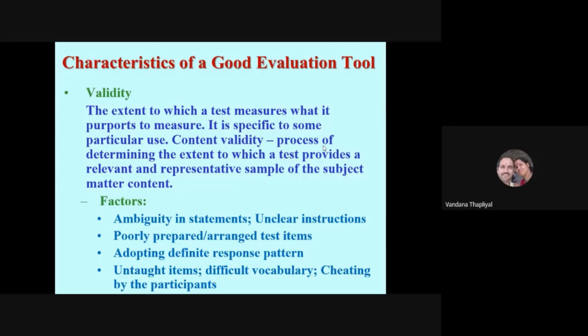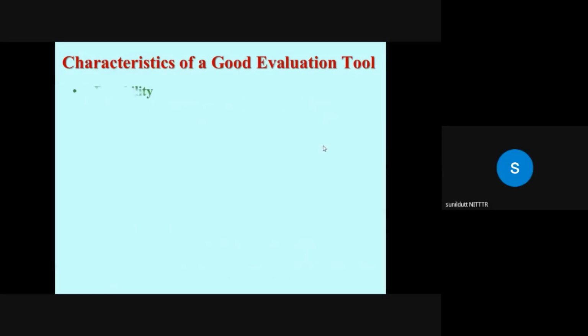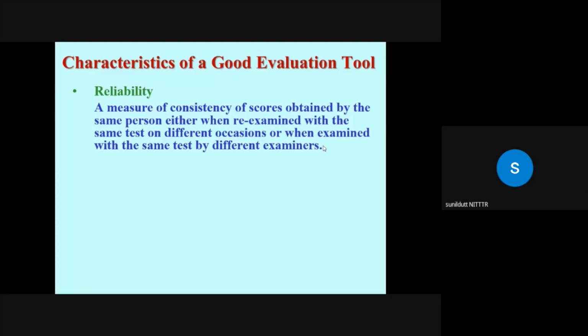Now we move to the second characteristic of the evaluation, that is the reliability. Now, what is reliability? Reliability refers to consistency of results from one measurement to another measurement. That is, if one answer sheet is marked by 2 or more than 2 teachers, then the answer sheet should carry almost similar score. एक आधे नंबर का डिफरेंस हो सकता है, but the difference should not be significant.